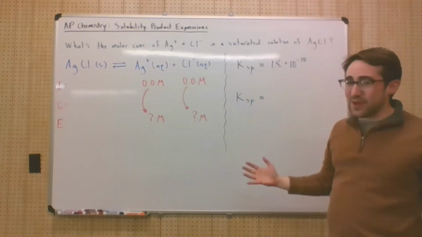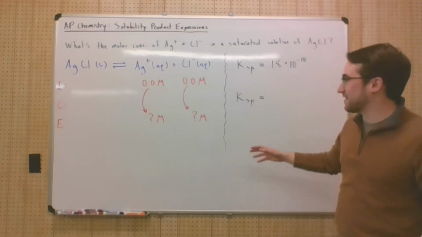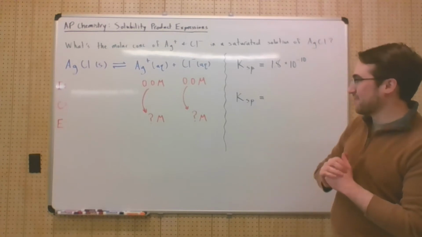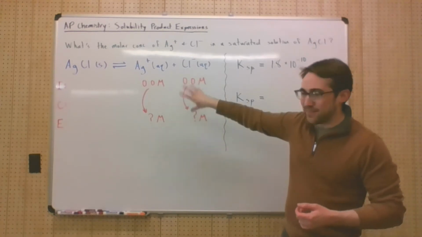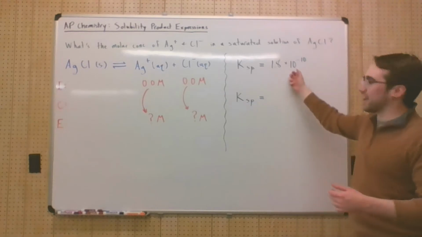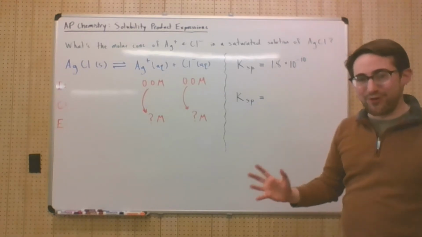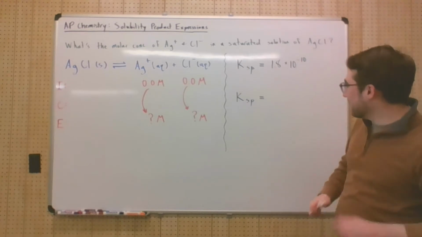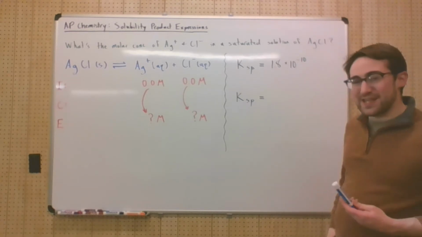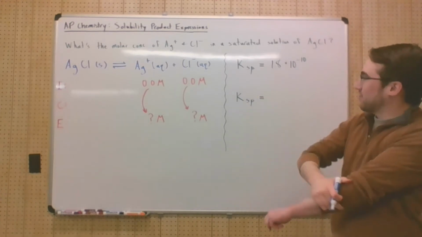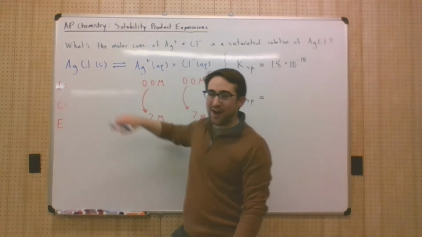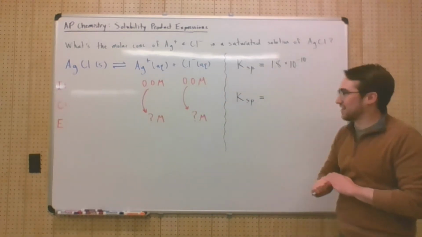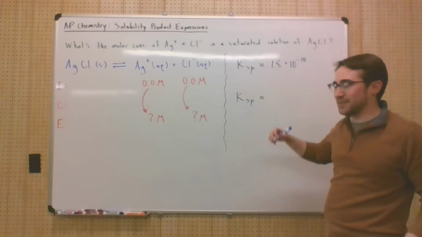So with any equilibrium problem, we're going to try and set this up to see what our K expression is going to look like, okay? If we have something about the change of things or the Ksp value itself, we can start to work out what the concentrations are. So let's work it out. Our Ksp expression should be products over reactants. Our reactant is a solid, so it's not going to show up. So I'm only going to write products. So Ag+,